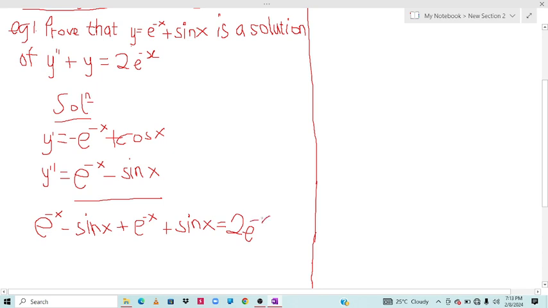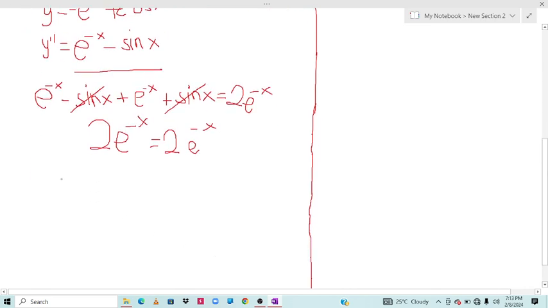exponent negative x. So now, having stated that, we could see that negative sine x is going to cancel positive sine x. Then e exponent negative x plus e exponent negative x is going to give you 2e exponent negative x, which is equal to 2e exponent negative x. So now, having stated that, we could see that our left hand side